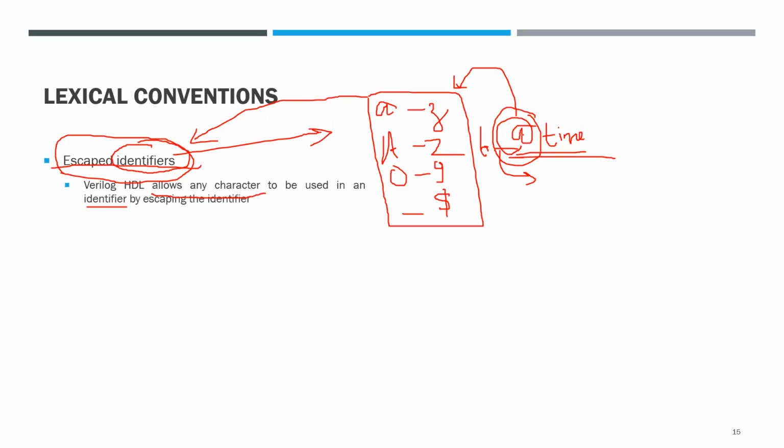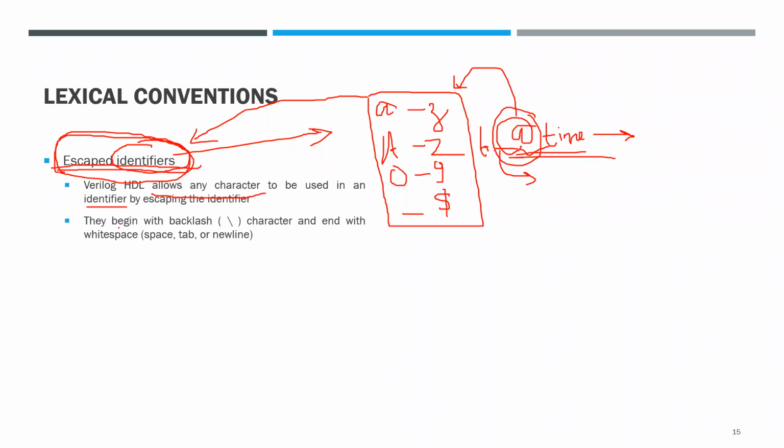But if I want it in this form, then what I can do is I can make use of an escaped identifier. And then I can use this name as an identifier, wherein "at" can be used over there. So that is, any character can be used as an identifier by using the escape sequence.